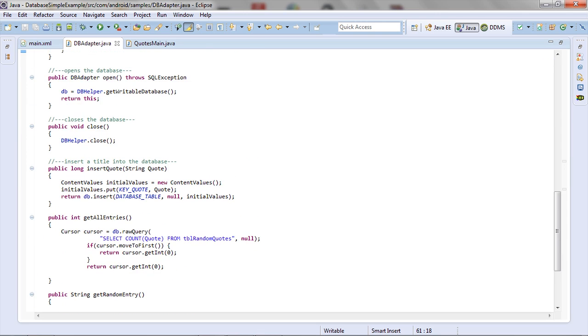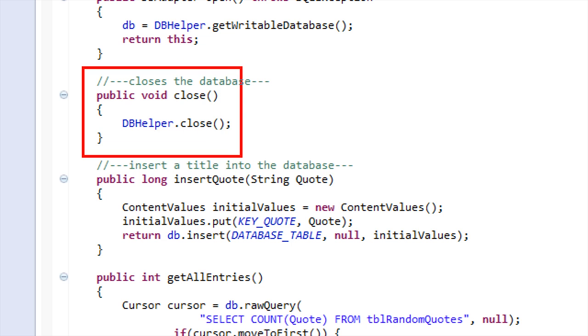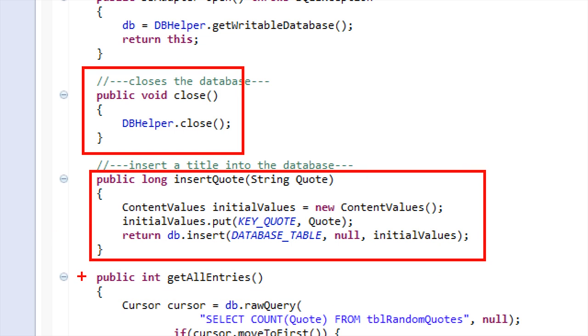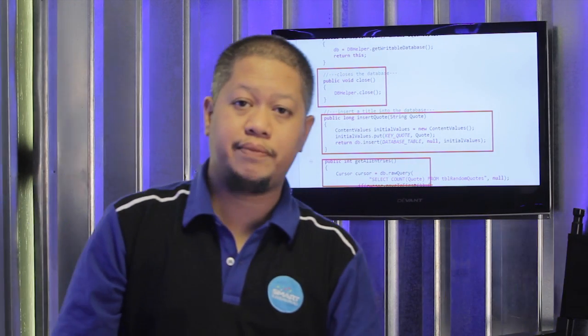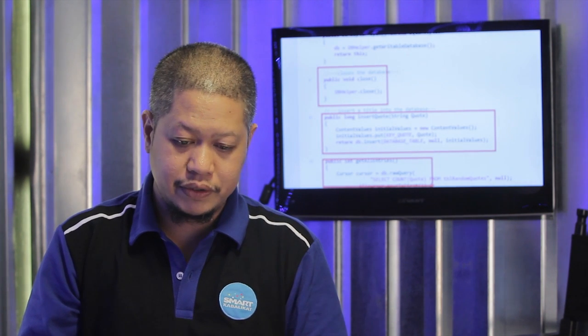If we move further down the code, we now see all the functions that will be needed for manipulating the database. So we see close, because any good database application remembers to close a DB after we've used it.